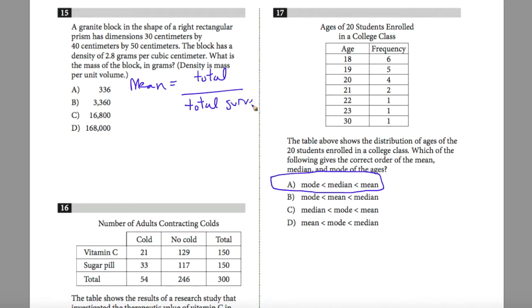In this case, the total surveyed is 20. They tell you that, right? They save you a little bit of time, but you can add up the frequencies here, and that would end up giving you 20. When setting up this expression, I know that my mean will be all over 20, but I'm going to have my 18 times 6 because I had 6 people surveyed, all with the age of 18,